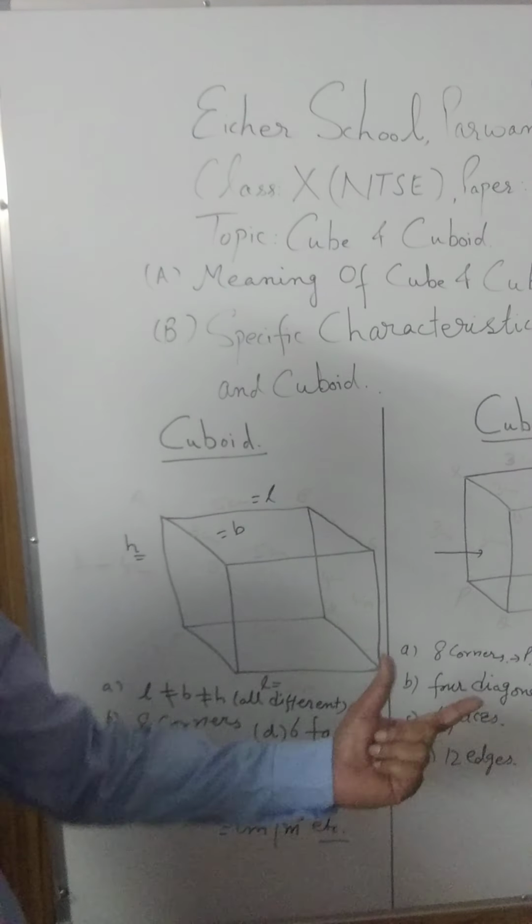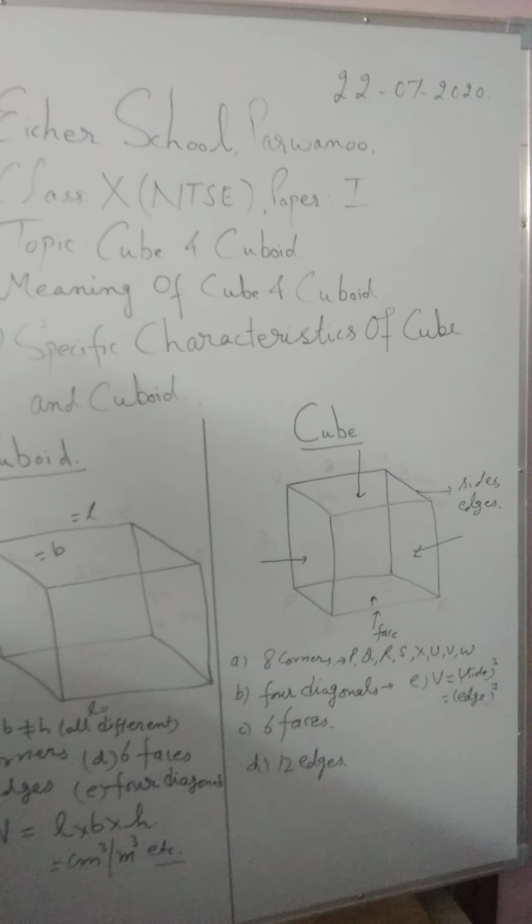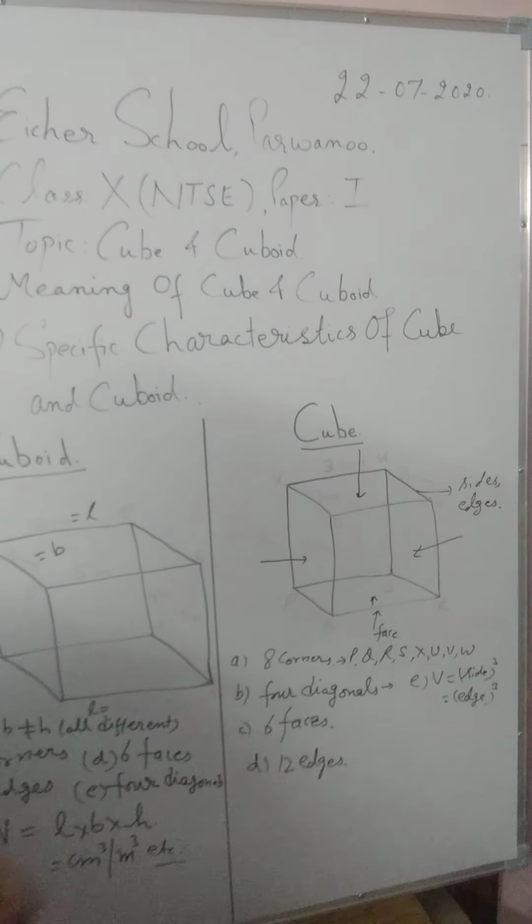So these are the basic properties which we have studied in our 6th, 7th and 8th classes. Similarly, we have its surface area, then the total surface area. The surface area of a cube is 6 side squared, that is the total one, and the lateral surface area is 4 side squared, that is also what we know, and so is the case with a cuboid.